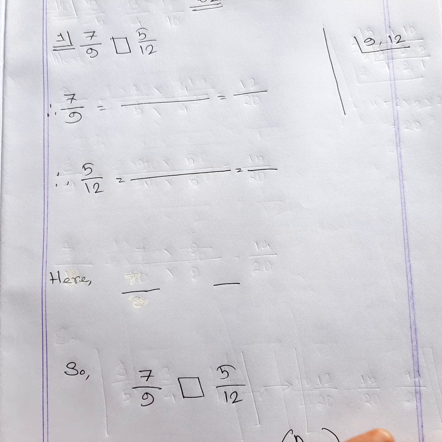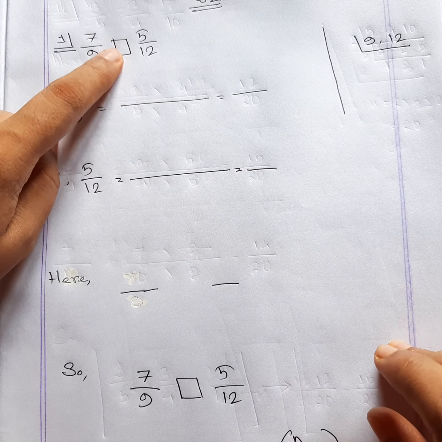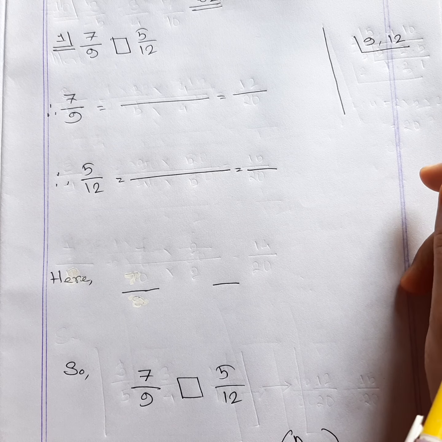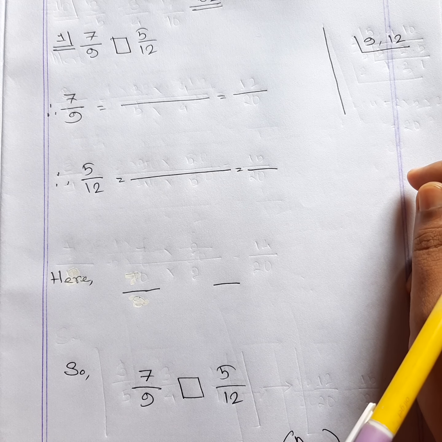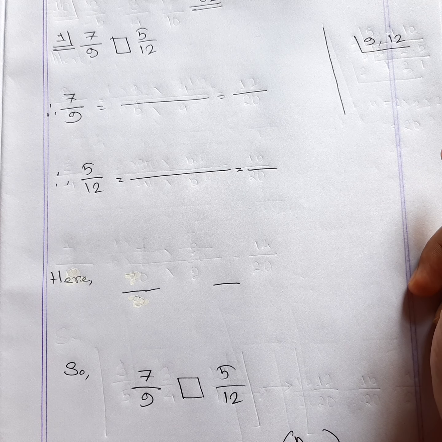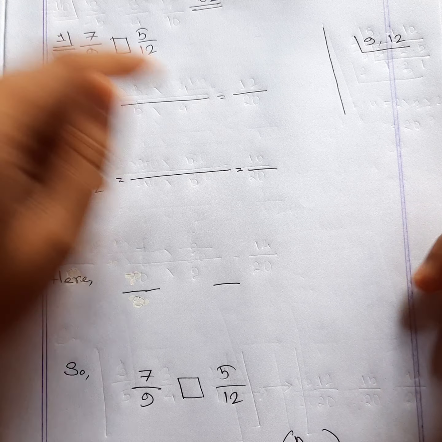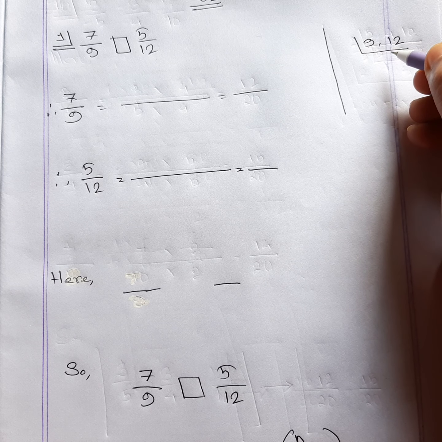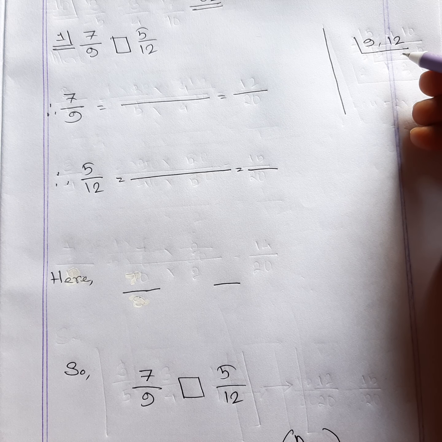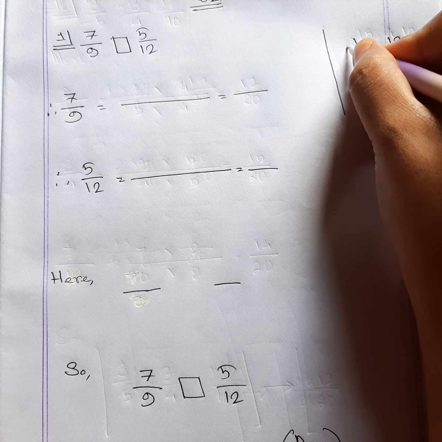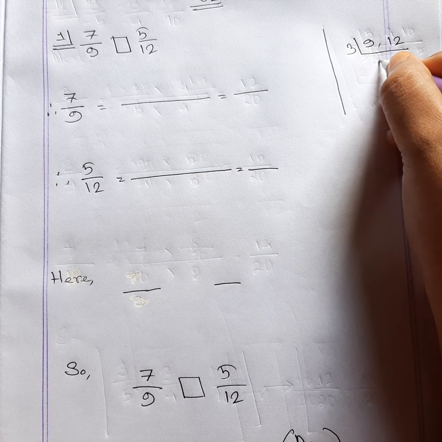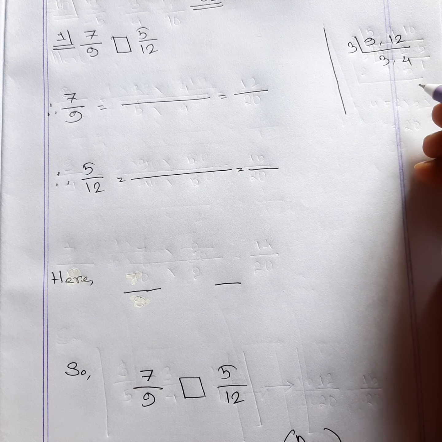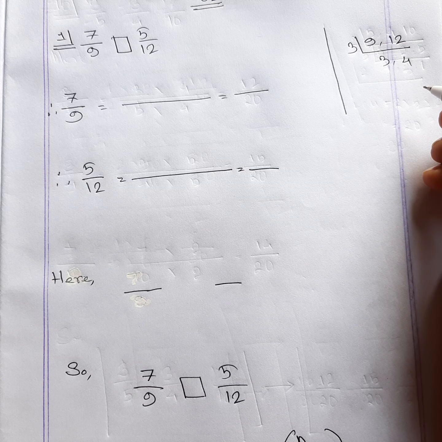This one is y2. From y2 you have to find out which one is greater and which one is smaller. So exactly like this we are going to find the LCM. Okay, LCM first, then we have to find the common denominator. So LCM, you can see I have already written over here. Both of the numbers cannot be divided by 2, so we are going for 3. Yes, we can divide 9 and 12 by 3. Now 3 and 4, we cannot divide 3 and 4 by the same number.